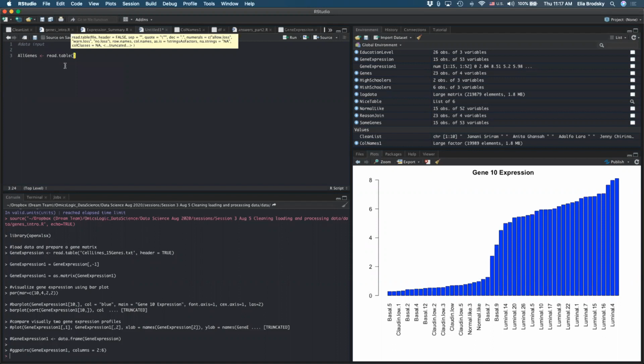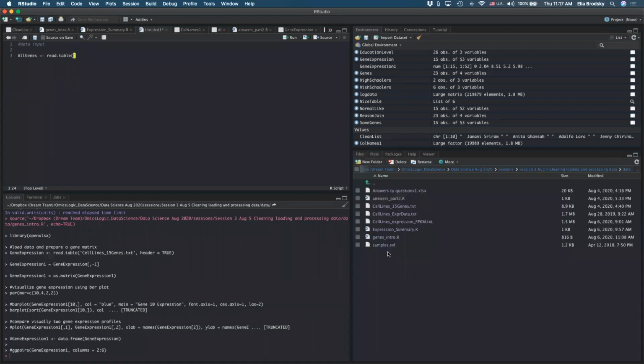What is the data set that I want to work with? I want to work with cell lines expression FPKM. So here I type in cell lines expression fpkm.txt.